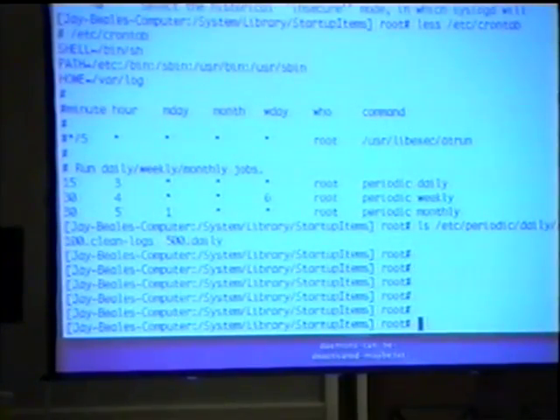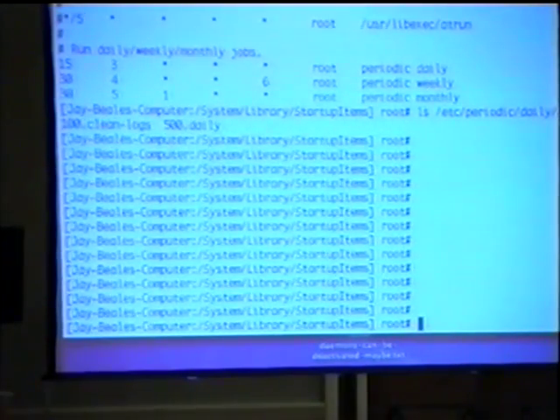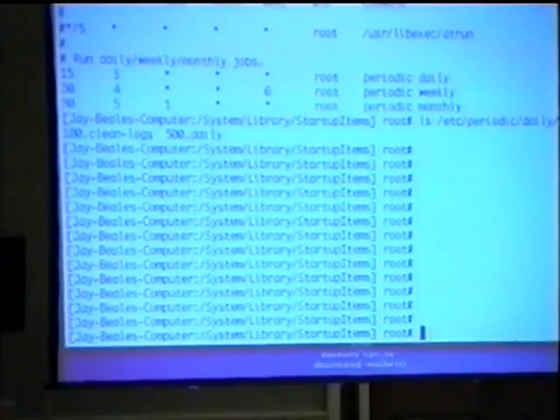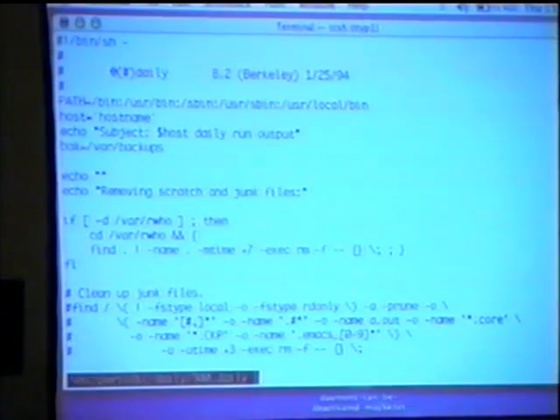What you see there is that inside /etc/periodic/daily, there are scripts that have a number at the beginning defining an order: 100.clean-logs and 500.daily. 500.daily is the main daily script. It's for everything else, all the miscellaneous stuff.